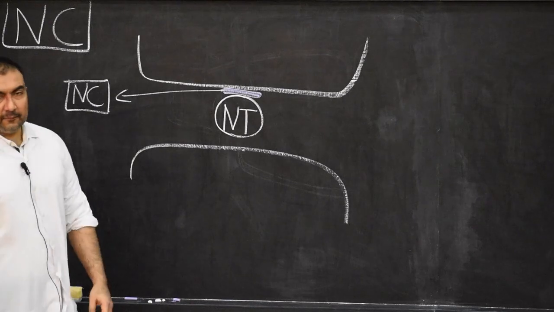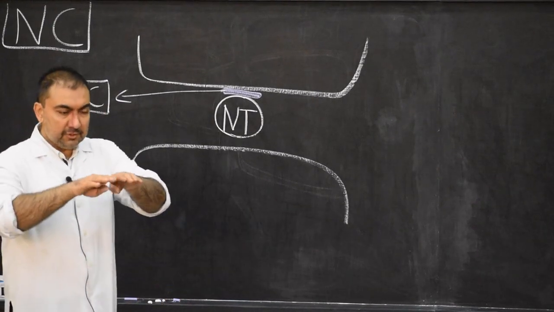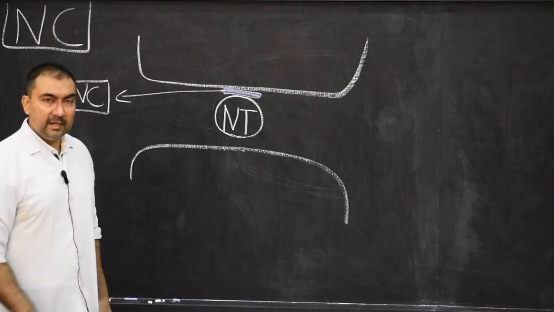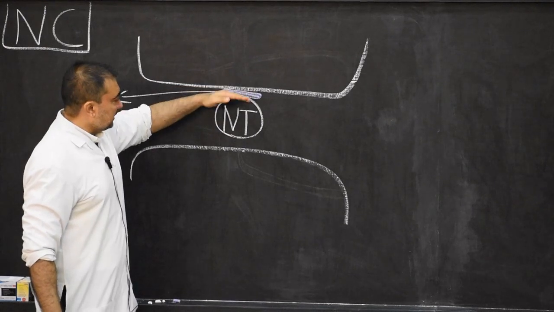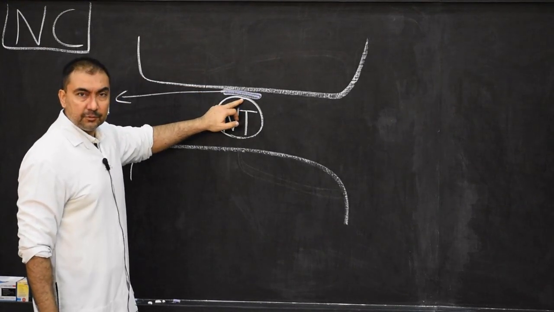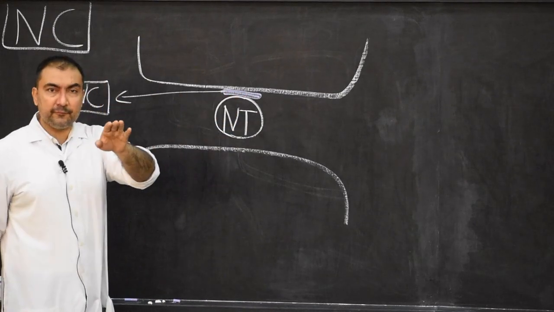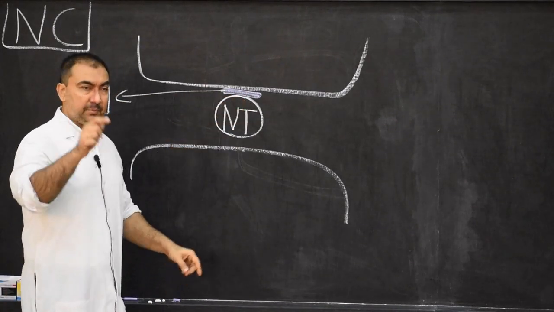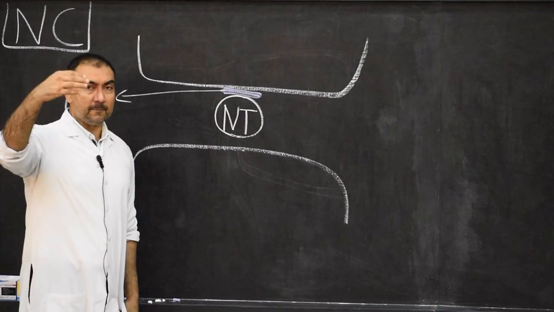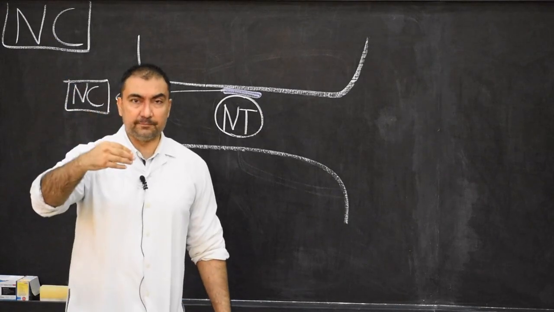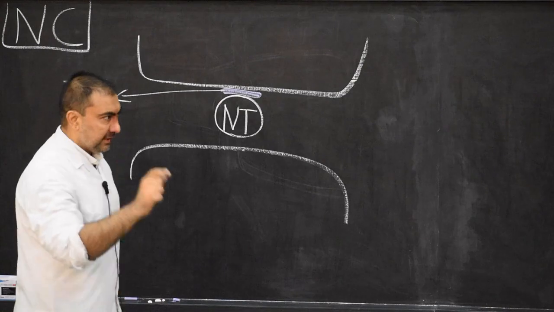So they will develop from the neural folds. As the neural folds will join and form the neural tube, they will lie in a wedge-shaped space which is present between ectoderm and dorsal part of neural tube. First step. Now this space will extend from cranial end of neural tube till caudal end of neural tube, remember. So therefore these neural crest cells are extending from almost midbrain portion, midbrain vesicle, till caudal end of the neural tube. Now second stage.